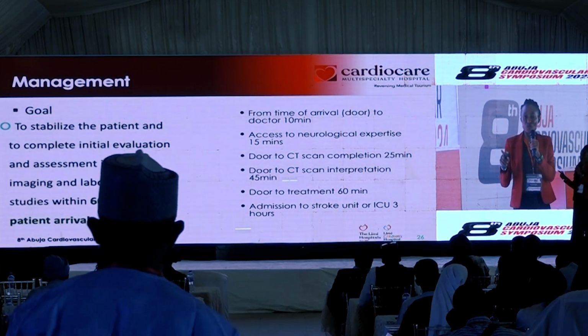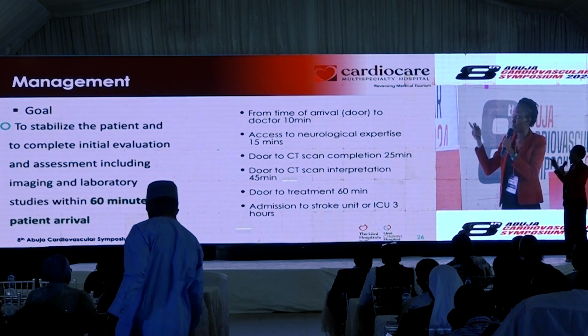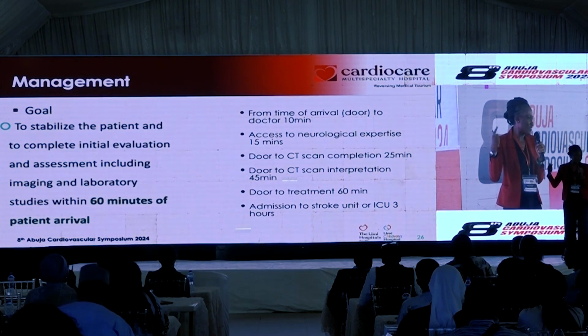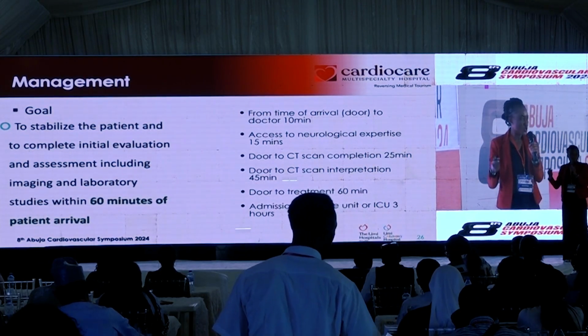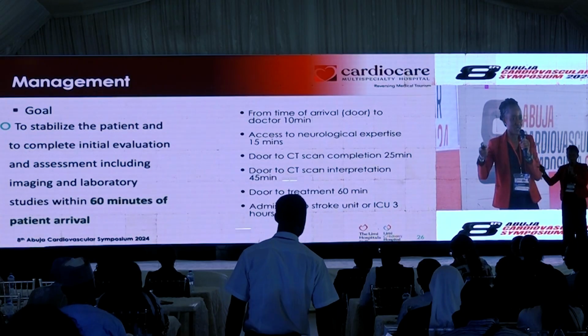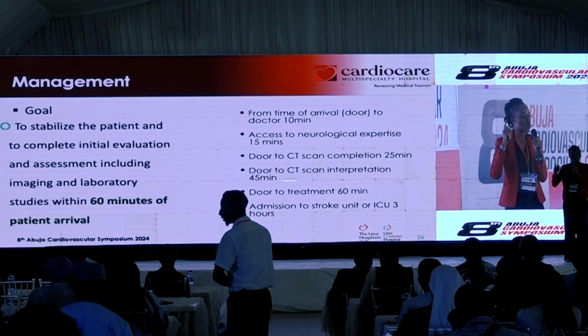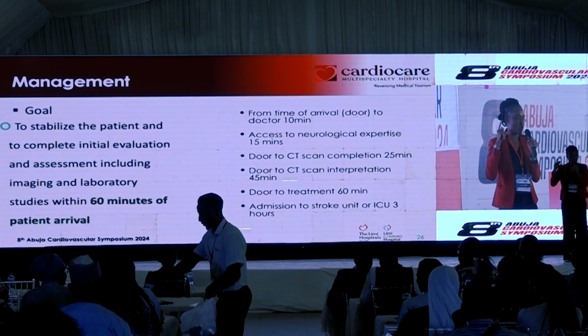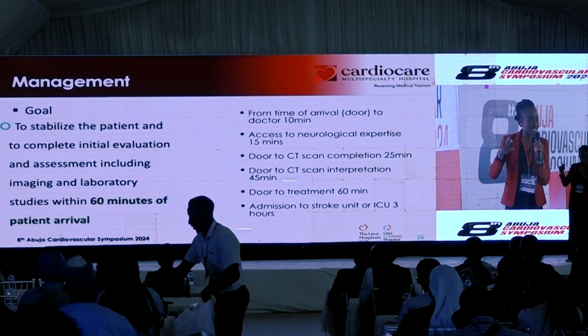Now, I can see that some of you are laughing, but this has already been done with the help of probably cardio care. We have done it for 2 patients already, and it just has to do with forming a team. So you already know that someone has had a one-sided body weakness. How soon can this person see someone who has some form of neurology inclination and can assess for sure? And if that is done,